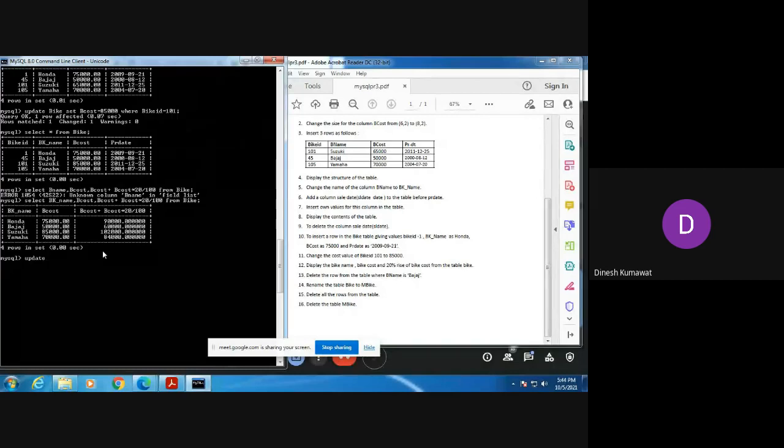Update, then bike, set, B cost equals to B cost multiplied by 20 divided by 100, right? Yes. Then semicolon.